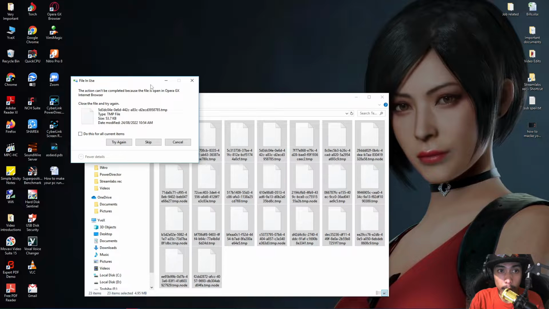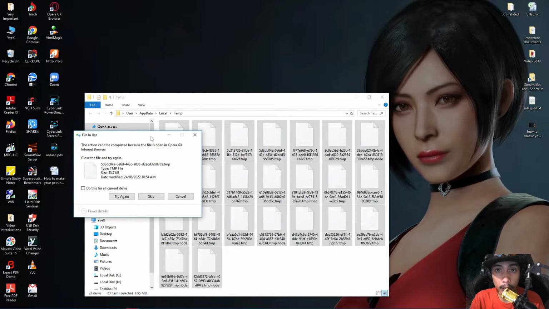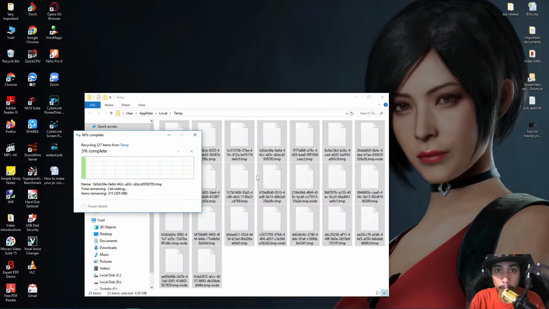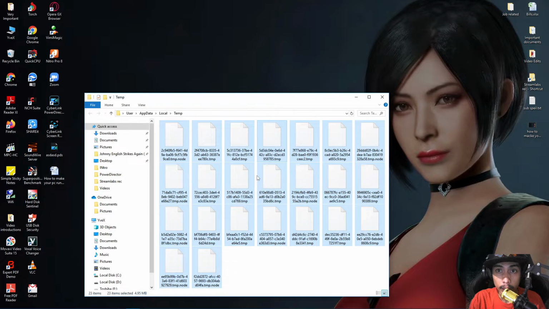There, you'll be able to see this window if the computer tells you that this certain file is important and cannot be deleted. So all you need to do is just click on do this for all current files and hit skip. There. Okay, so it deleted the files that are not important or the computer doesn't need. Those files can cause lag or can cause a little delay on your computer's response as well, so it's better